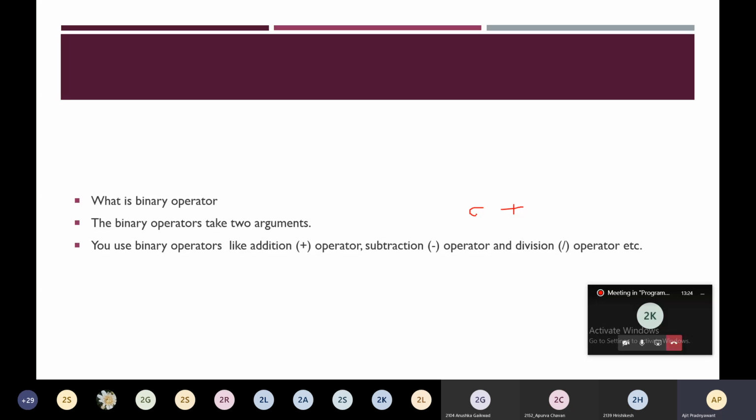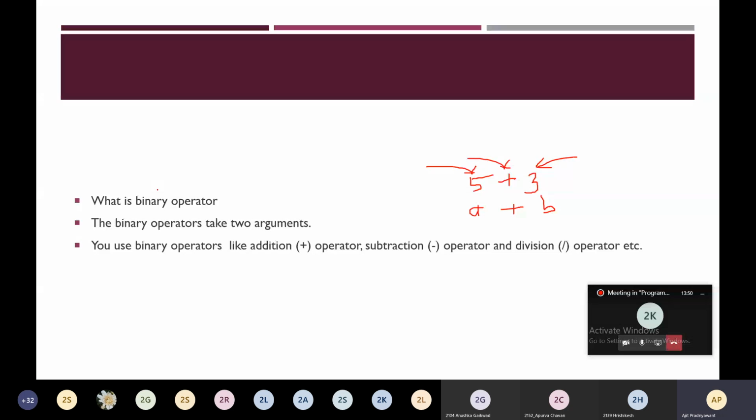Here it is A plus B, or you can say 5 plus 3. It is called a binary operator. Why is it called a binary operator? Because it will require two operands. This is the first operand and this is the second operand. That's why it is called a binary operator.